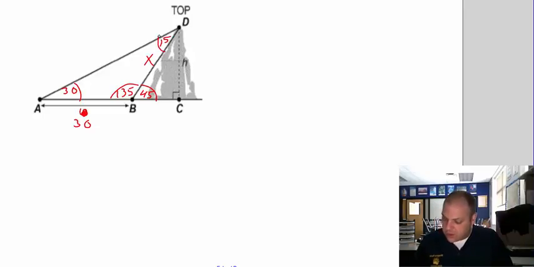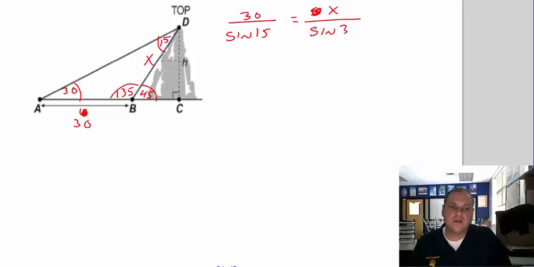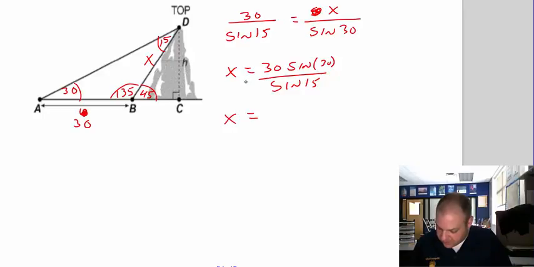Yep, this is 15 up here, the same as last one. All right, so this is 30 over the sine of 15 equals x over the sine of 30. Oops, x over the sine of 30. So that'll be x equals 30 sine 30 over sine 15. And then x is going to equal,